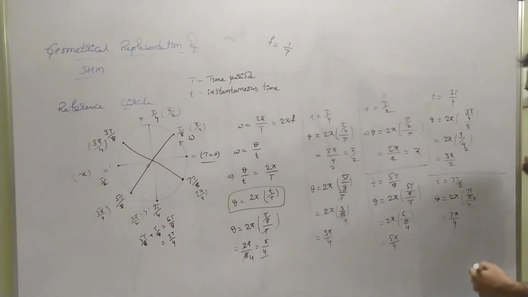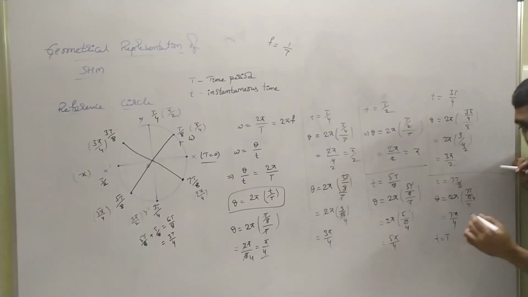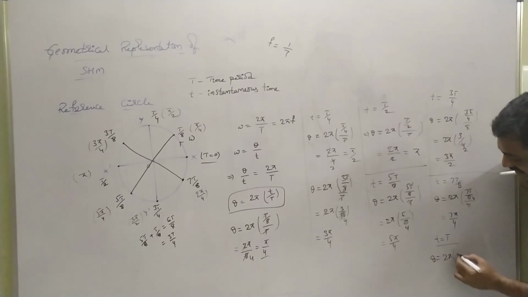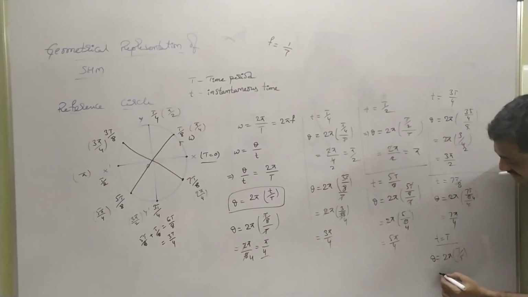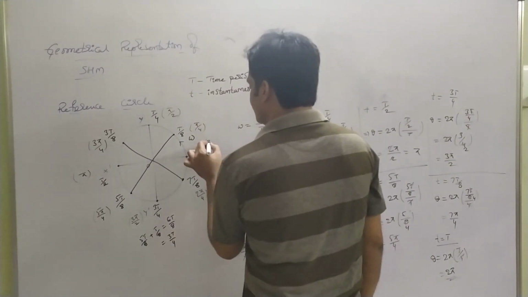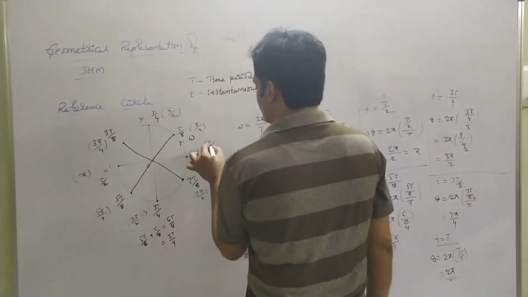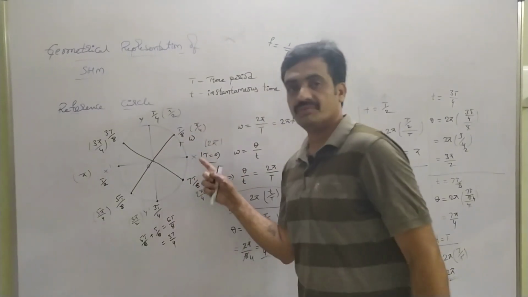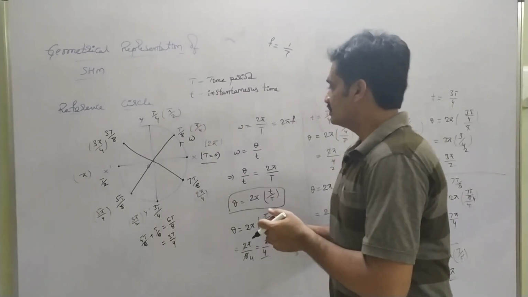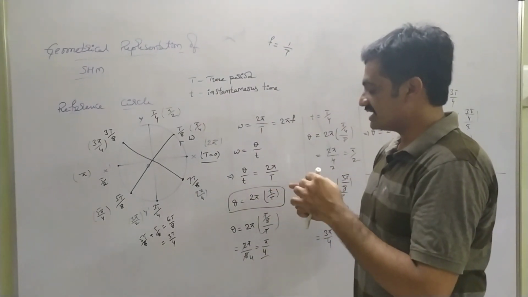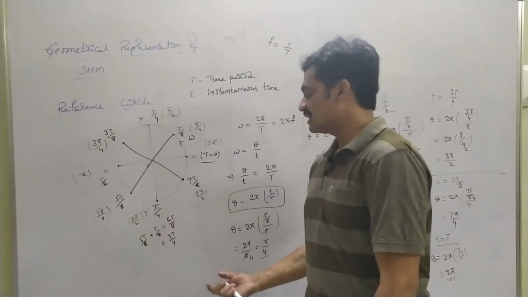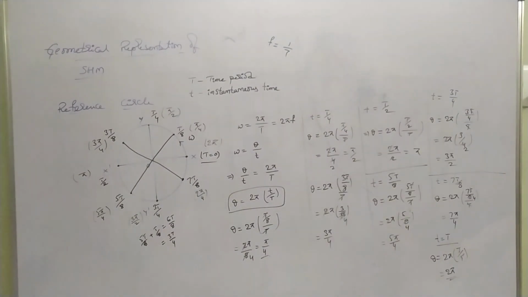And here when instantaneous time small t equals capital T, the angle made by the particle is given as 2 pi into T by T. So T by T gets cancelled and we have 2 pi. 2 pi is nothing but 360 degrees. So when a particle completes one revolution, we can represent that the particle has completed 360 degrees of angle. In this way we can represent the time period as well as the angle made by the particle based on this reference circle.